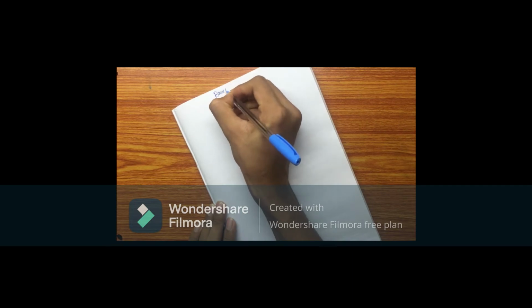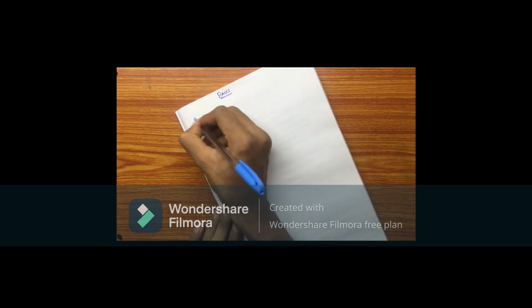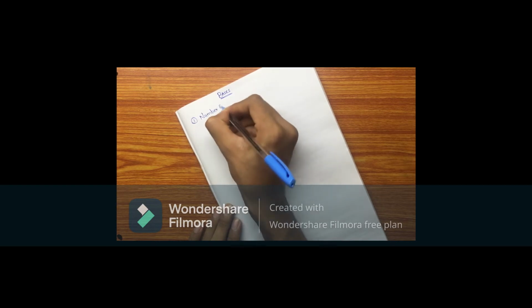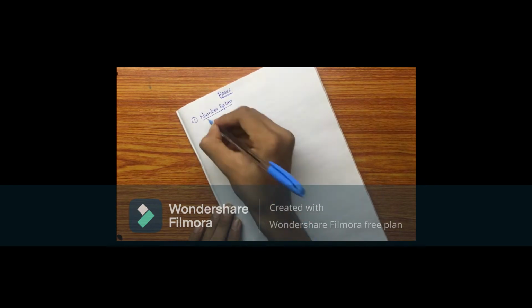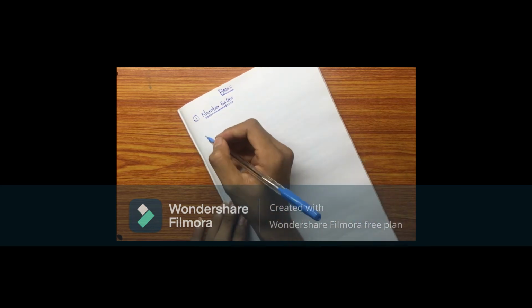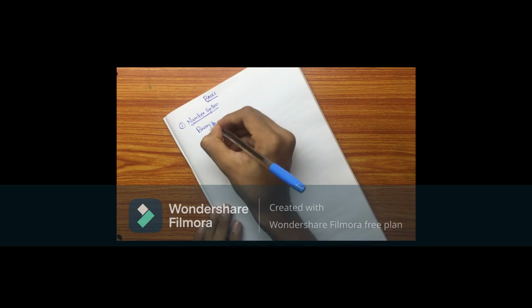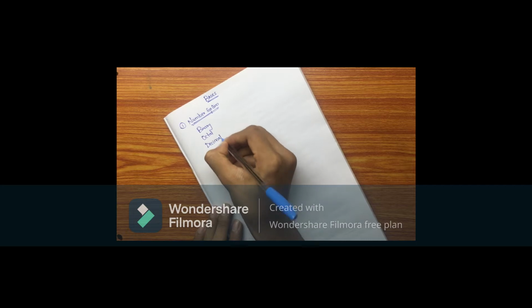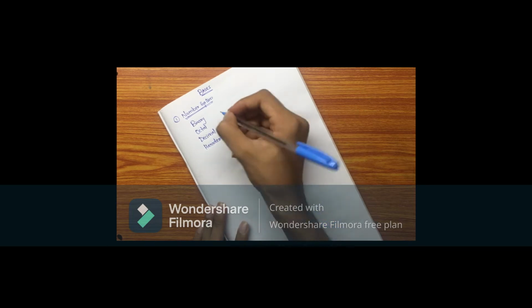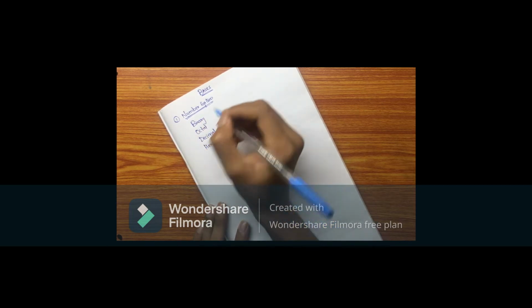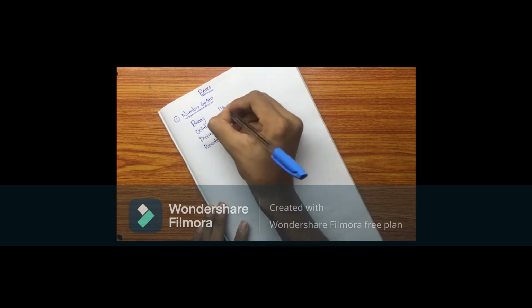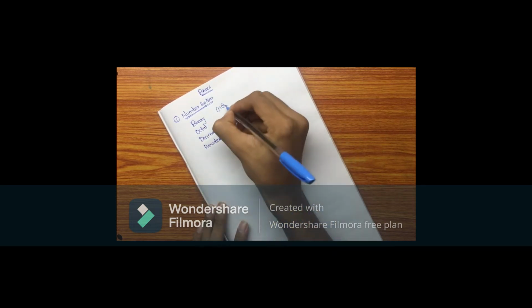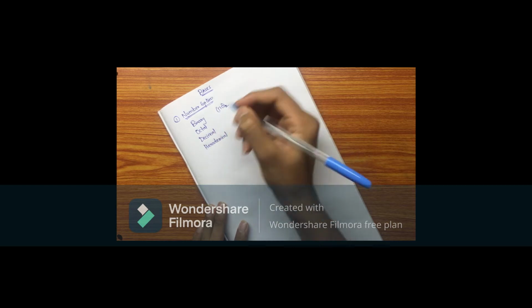So first, coming to the basics, we are going to see what a number system is. So we have different kinds of number systems: binary, octal, decimal, hexadecimal. These are the number systems we have, and we denote a binary number, for example, like this: 110 base 2. This is called the base or radix. I will tell you later.